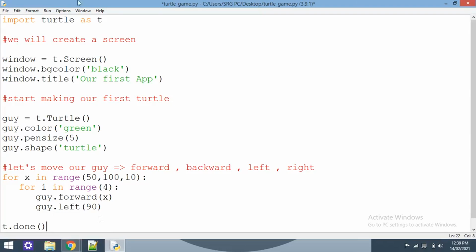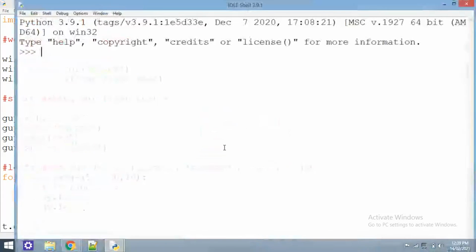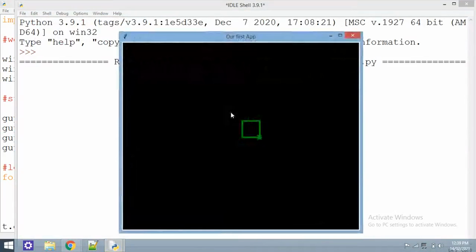We have a program, right? It's so easy. Save it, try to run it, and let's see what happens. Okay, we have a beautiful, oh wow, amazing. Nice. We have a nice code. Okay, so this is it.